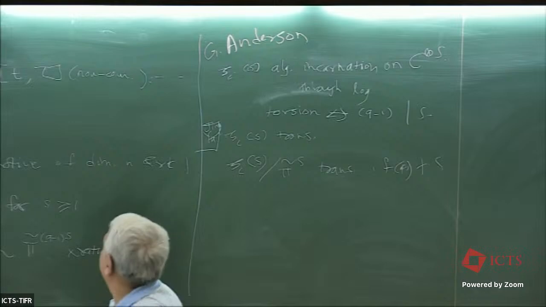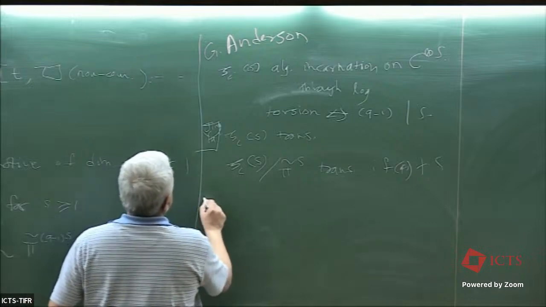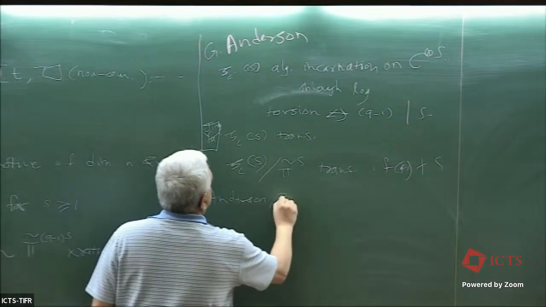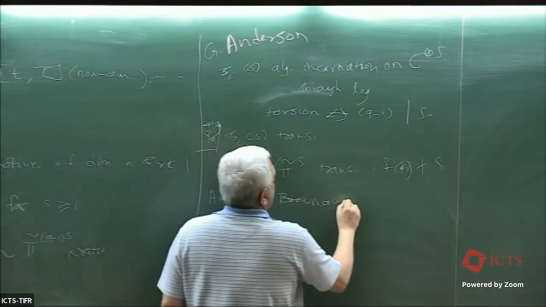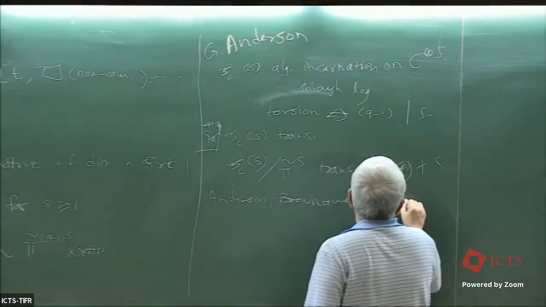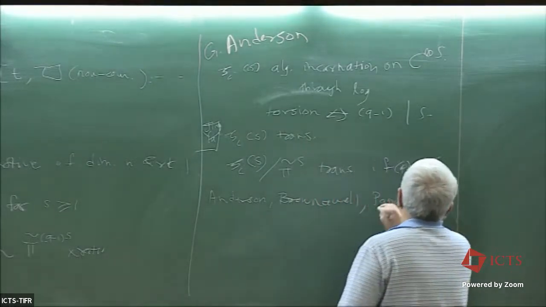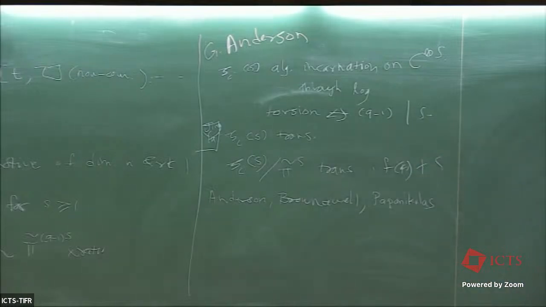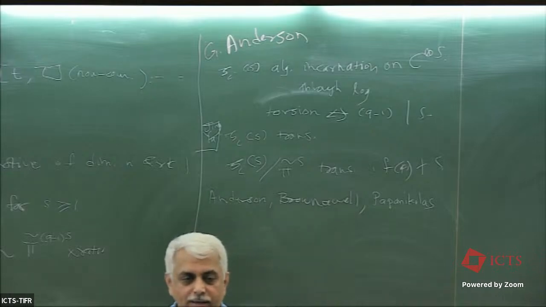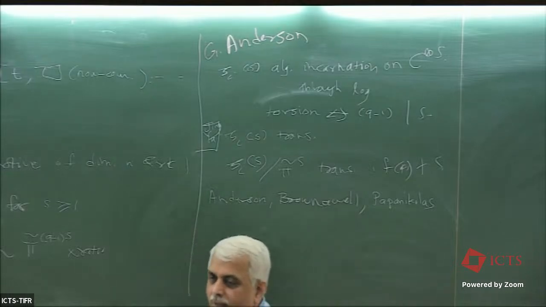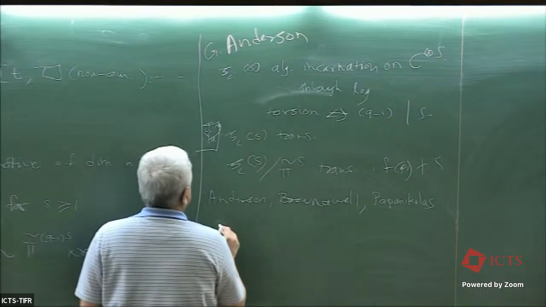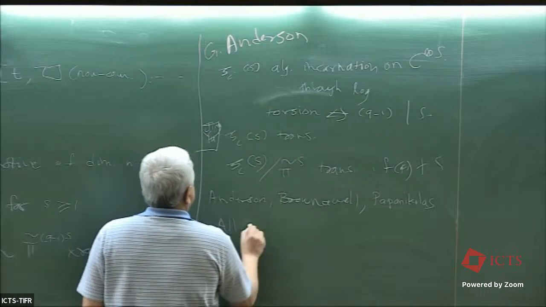So that implied, and I will just write some names, Anderson, Brownawell, Papanikolas. So you develop the Tannakian theory of these motives and use their criteria, and because of this conjecture, you are basically looking at some motivic Galois group and just computing its dimension, and that gives you transcendence degree. So that's a machine to compute linear independence. So the final result, these are the old results, is that all algebraic relations